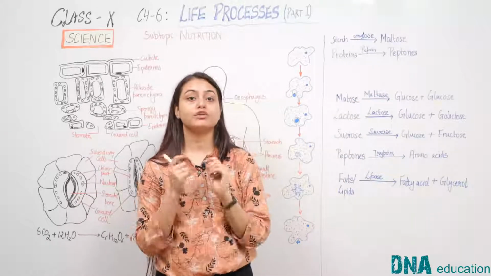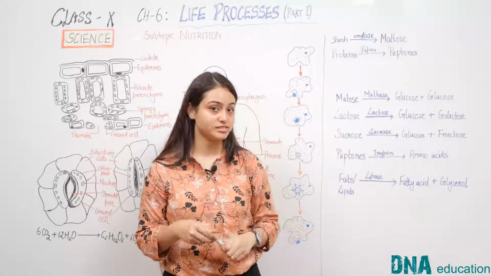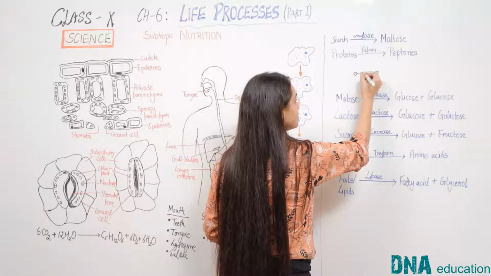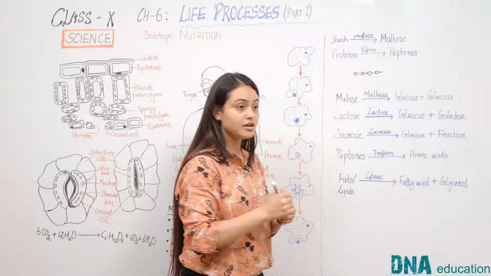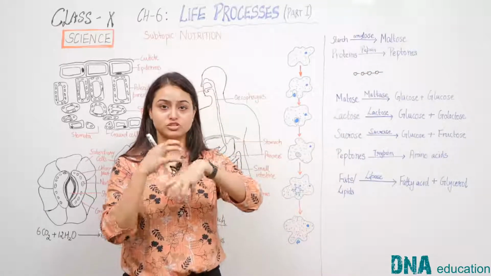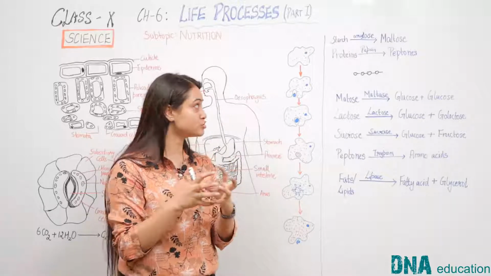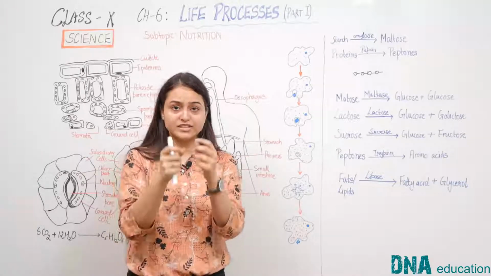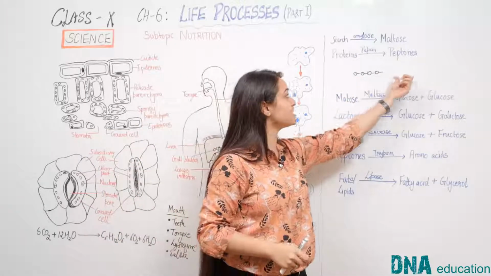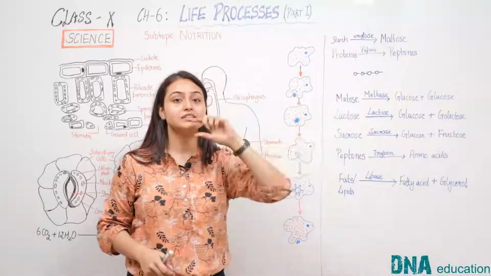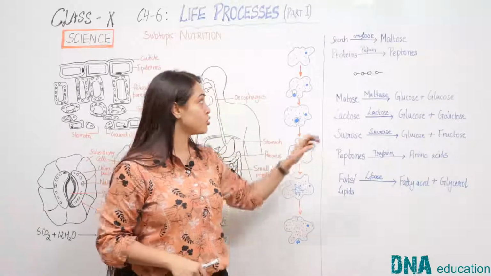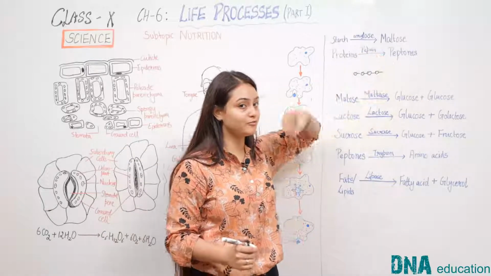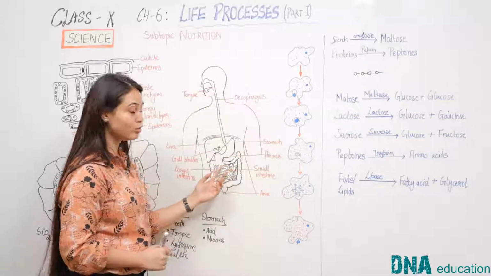Let me tell you that proteins are made up of small amino acids. Suppose that these are small amino acids and they form a chain, or they can form three-dimensional structures or very complex structures to form proteins. So proteins are three-dimensional complex structures. When these are broken down into small chains or groups of amino acids, these are called peptones. So proteins are basically partially digested in stomach with the help of pepsin. Now the food moves into